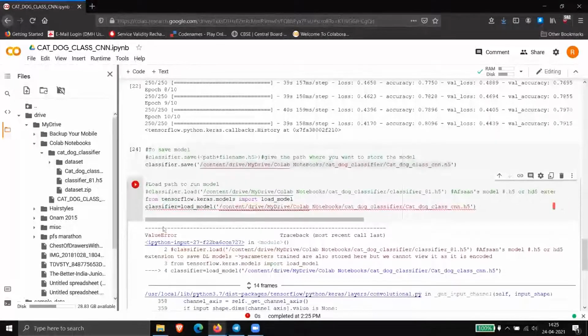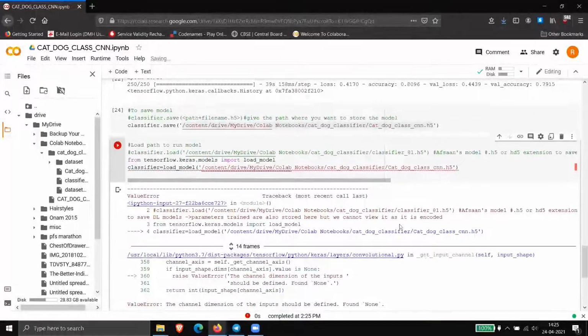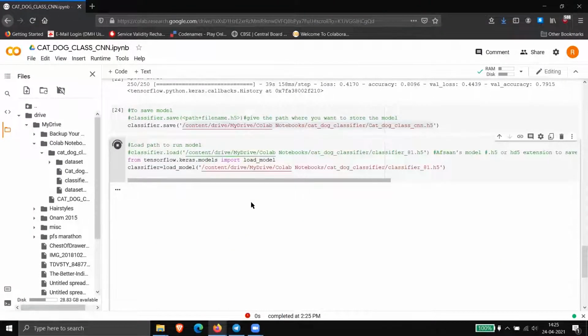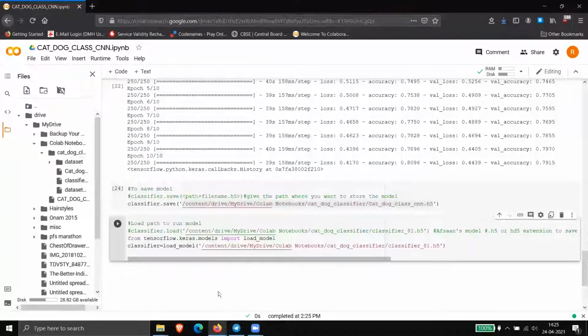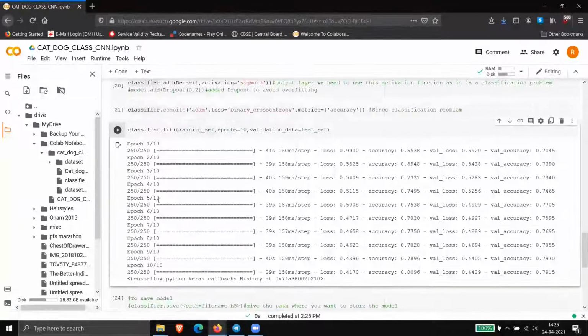Just try to put my model, let's see whether the issue is with your model or my model. Just change the last name, that's it. Okay, mine is getting loaded, so I think there's some problem. Scroll on top, more. Your classifier spelling is correct.